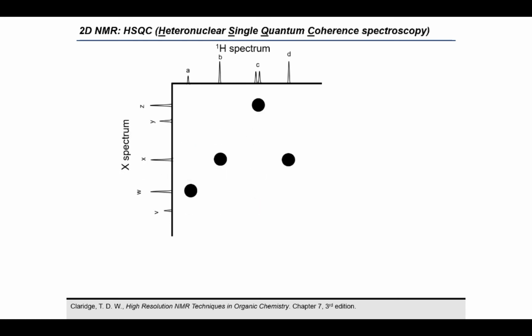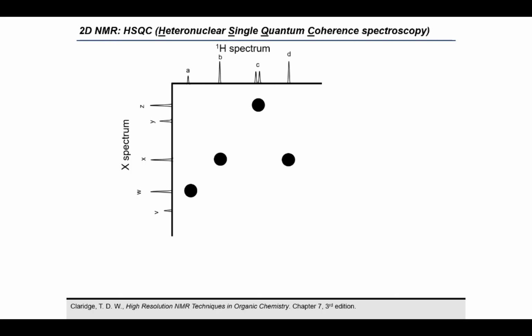On top of having correlations between two identical spectra, we can start looking at correlations between different nuclei. So the most common version of this is what we call HSQC, which stands for Heteronuclear Single Quantum Coherence Spectroscopy. And here we see the peak in your proton spectrum and the corresponding peak in your carbon spectrum, or your X spectrum. To be clear, you don't actually need to just do HSQC between a proton and a carbon. You can do it between a proton and a nitrogen. Going back to the COSY, you can do that between two fluorines just as much as you could do it